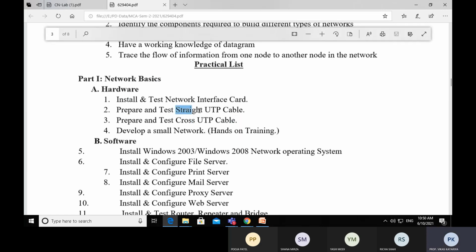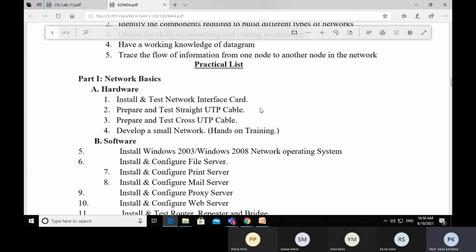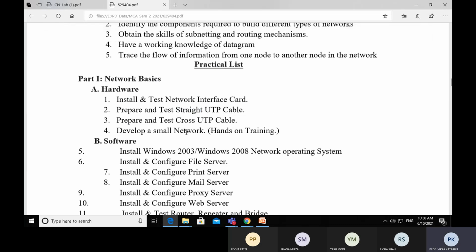So both the cables are used for designing the local area network. If you have a number of computers, a switch, and a router, then you need to design a local area network between the systems, router and switch. In order to connect computers to the switch and router, there is a purpose for a straight cable or cross cable.